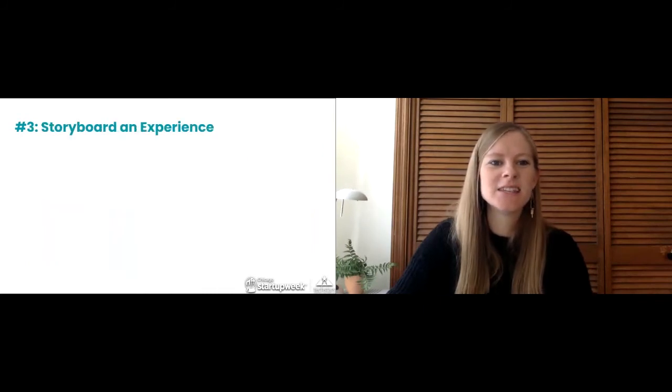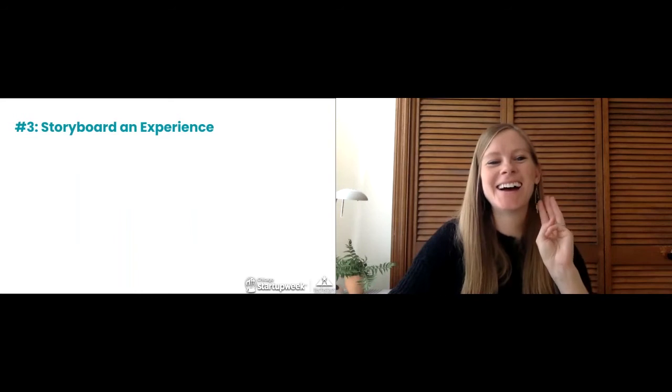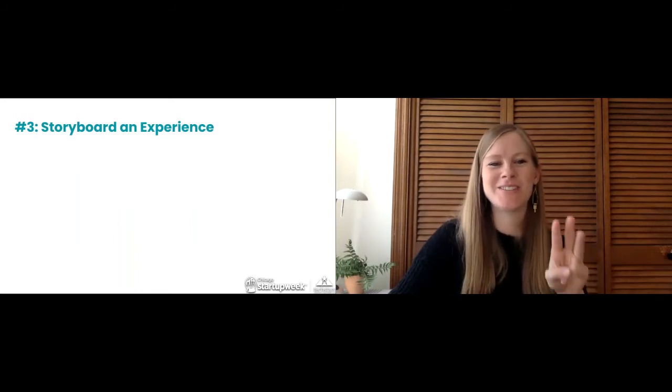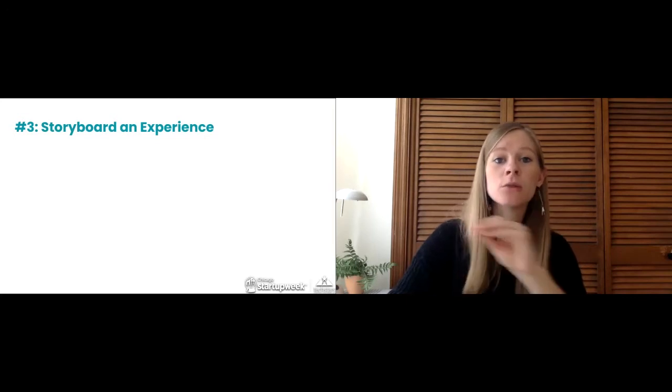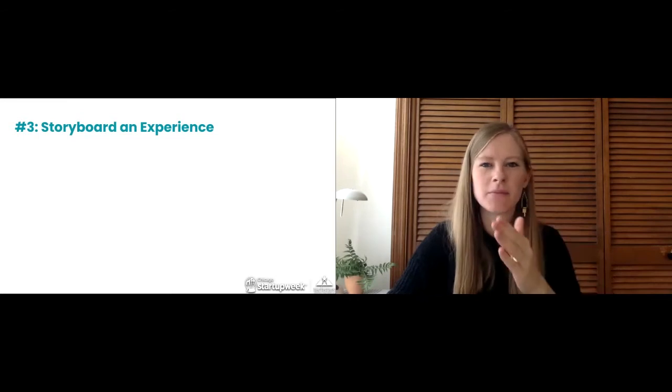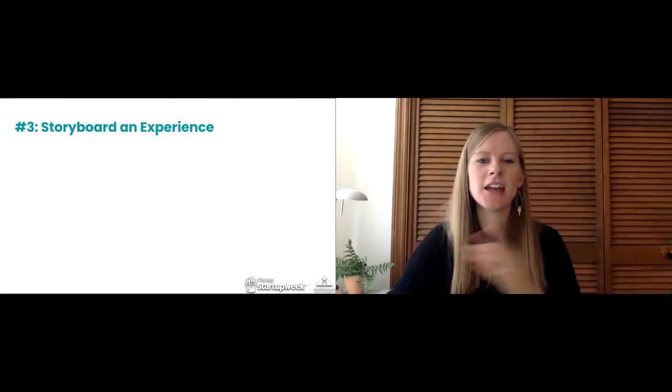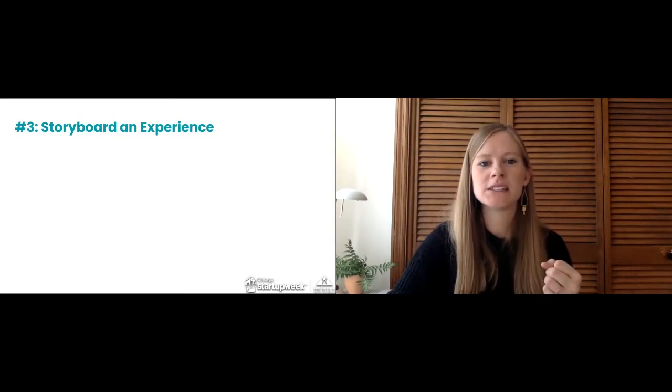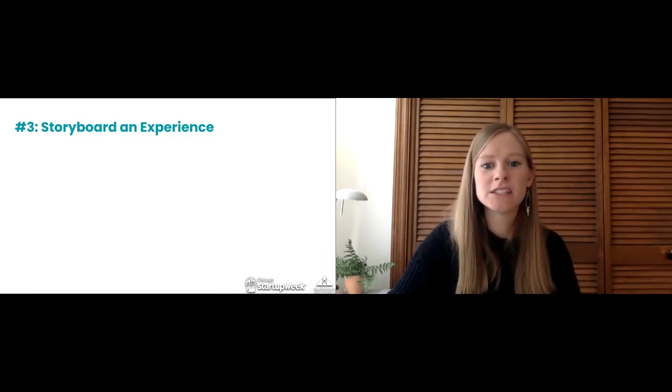Next, technique number 3. I told you this is kind of rapid fire. We're moving all over the place today. This is storyboarding an experience. You might have heard of this technique as journey mapping, a customer journey map, and it's very similar. So this is one way that you can visualize an experience that people have for the purpose of trying to find something unique that you didn't think of at first. And you'll see a theme with all of these problem techniques: hey, how do I think of something that doesn't come to mind at first? How do I push past those first couple ideas? So for instance, on the next slide,